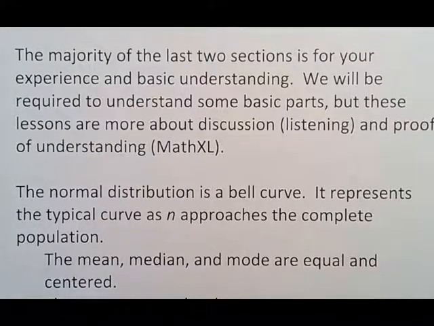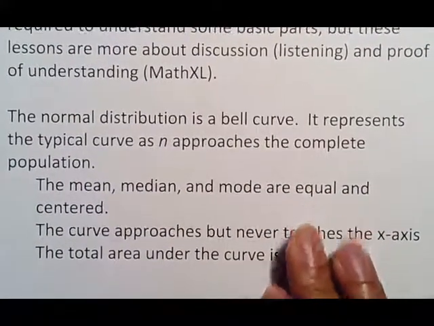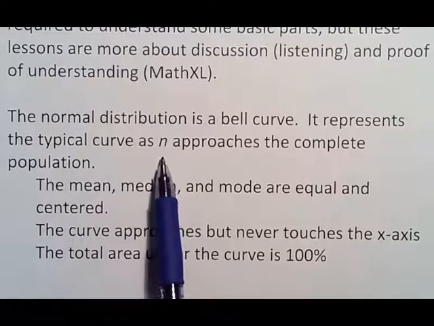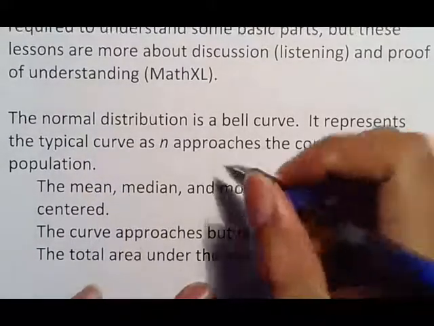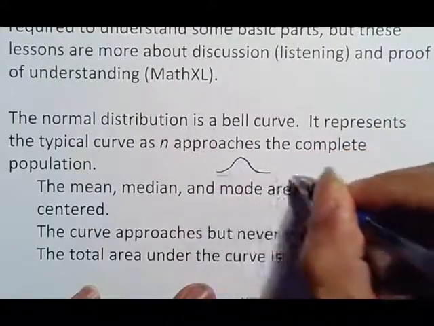The normal distribution is a bell curve. It represents the typical curve as n approaches a complete population. If you think about the sample size, remember I told you that the sample size, as it's small, is going to be kind of not really representative of everything. And then we talked about how it was negatively skewed and positively skewed. Well, the general idea is that as you approach the complete population, it starts to look more like a bell curve. If you remember that bell curve I showed you whenever I talked about certain things,